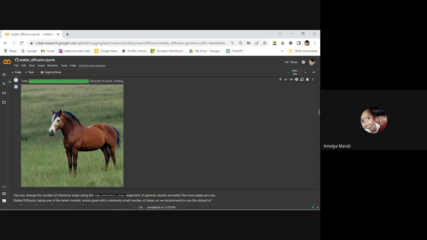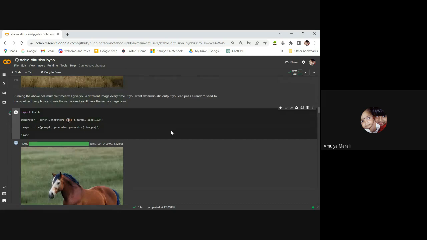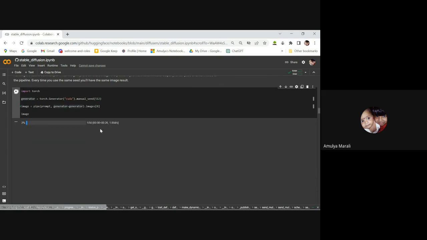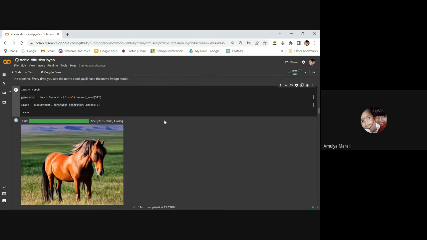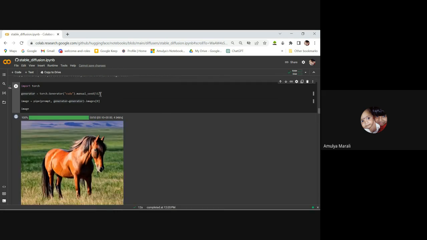See, now you can see that a different image is being generated. If I change the seed to something else, this can be one of the seeds, so let's just try. You saw the image, right? It was something different. And now it's again different. So if I come back to 1024,